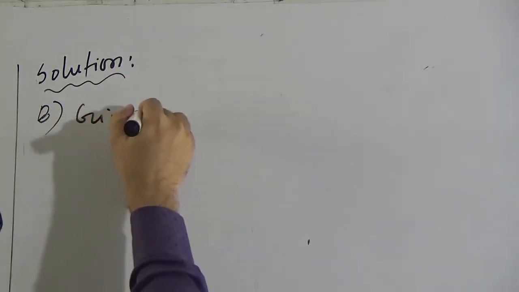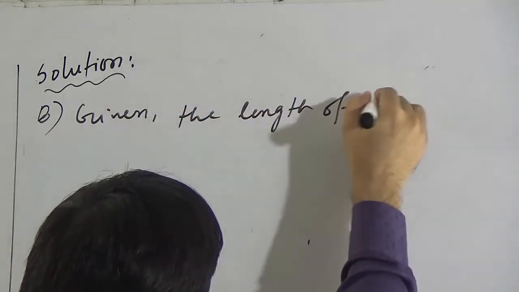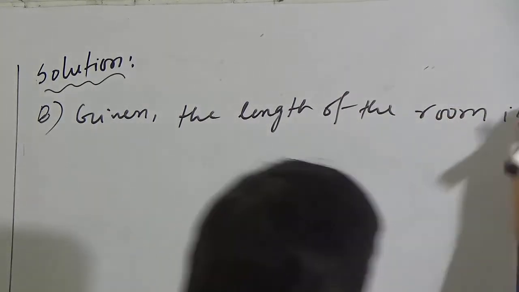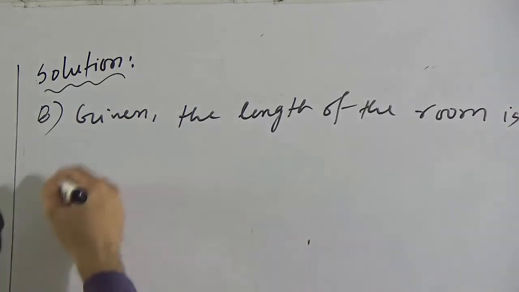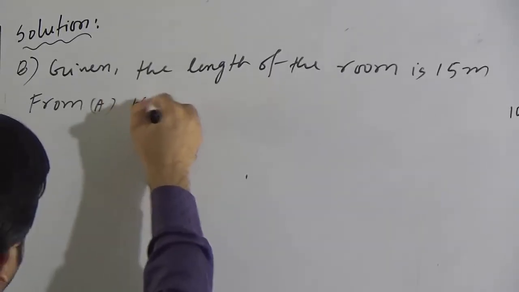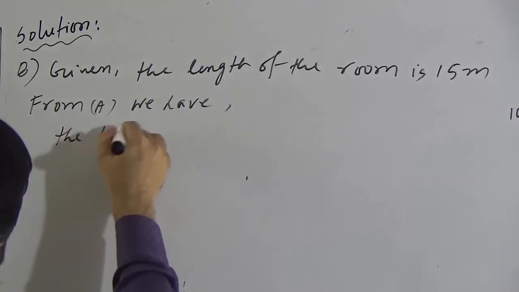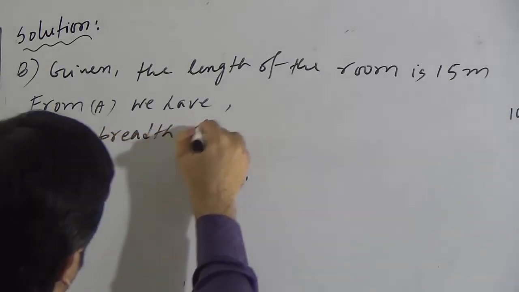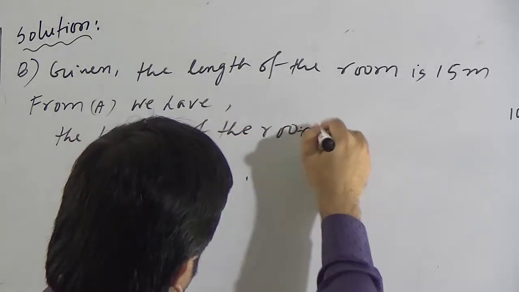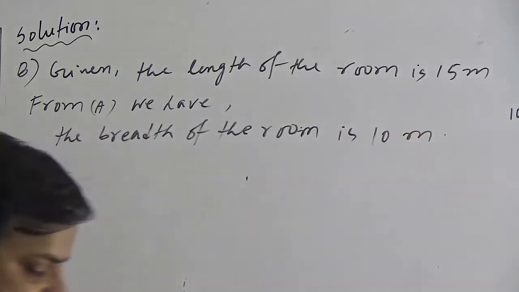Given the length of the room is 15 meter, from A we get the breadth of the room is 10 meter. Dear students, leaving 1 meter margin,